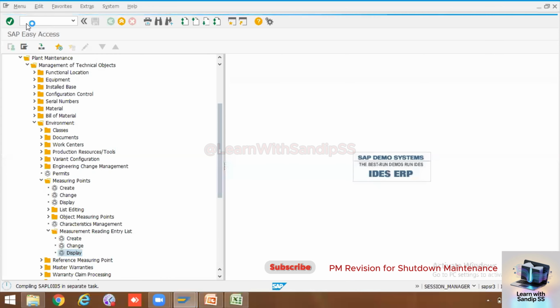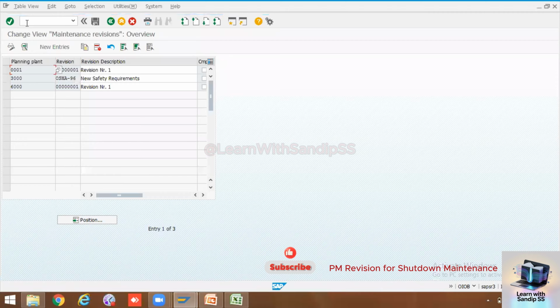So when your management asks that they need to do a shutdown for 1 month, 2 months, or a small shutdown of 1 week, or there is a Diwali holiday, and the team has informed the maintenance department that they can take 7 days on a particular machine for maintenance. For those 7, 10, or 15 days, we need to track our activities and the cost of what we have done. So to track the cost of shutdown activity simply,